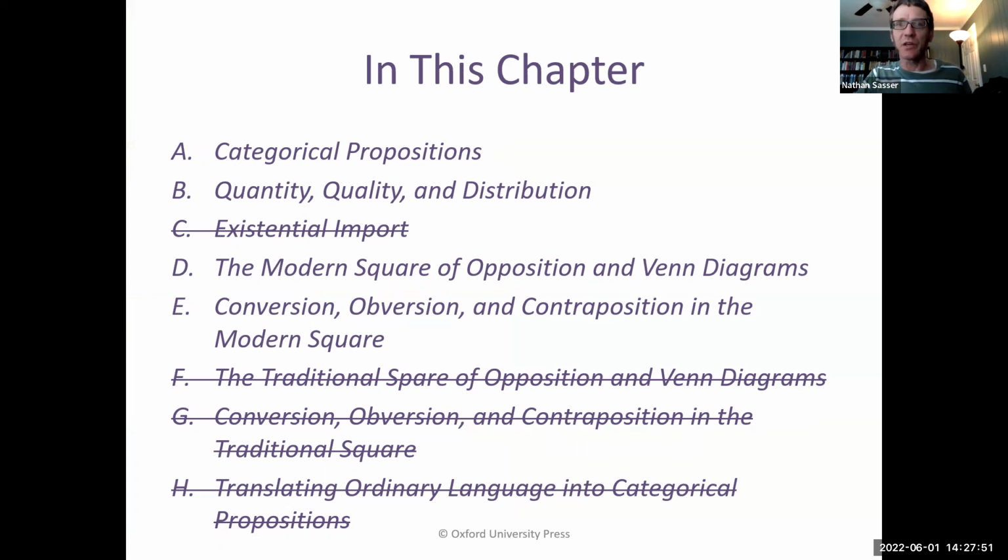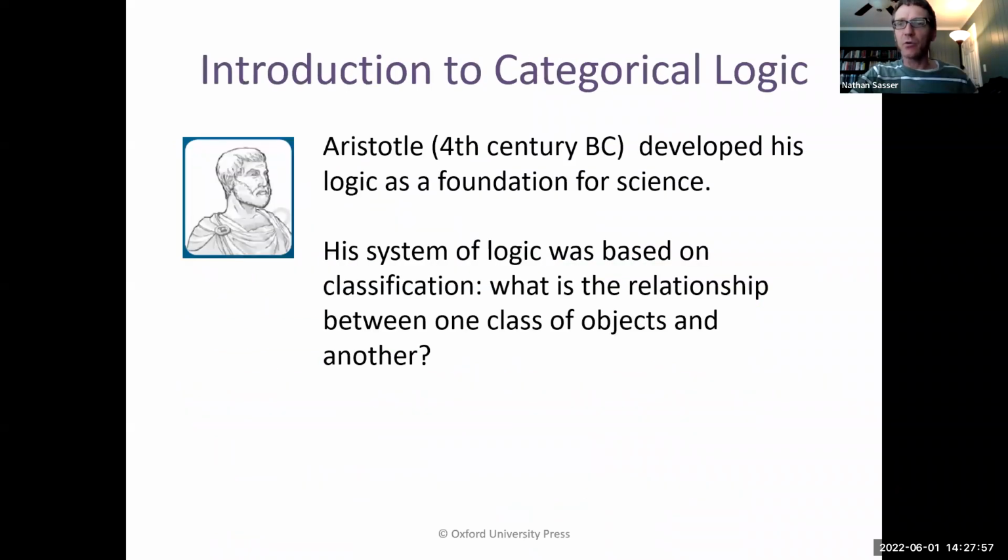We're going to introduce you to categorical propositions, and to the concepts of quantity, quality, and distribution. Categorical logic was developed by the great philosopher Aristotle, who lived in the 4th century BC. He developed his logic as a foundation for science. And Aristotle's logic was based all upon a system of classification, groups of objects, and how they relate to each